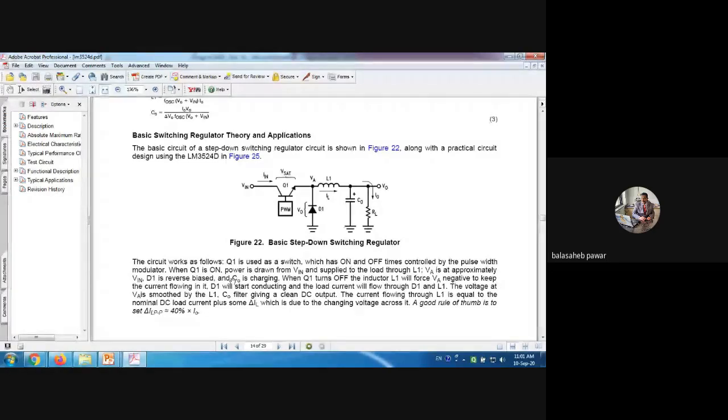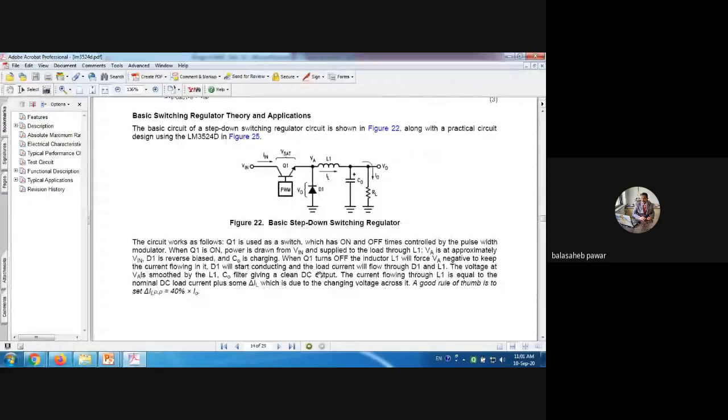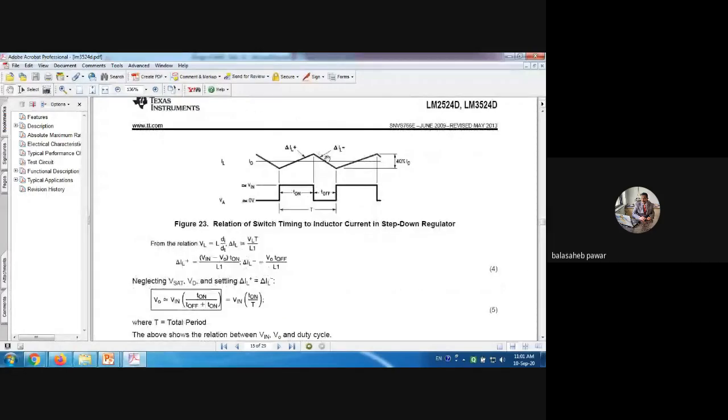You all are already familiar with this. Okay. Then how the inductor current varies, delta I, this is nothing but ripple. Remember, peak to peak. See, 40% of IO ripple is considered. This is the average output current, and 40% ripple is accepted in the design. Okay. According to T on and T off. See, during T off, that energy gets dissipated, that means the current goes down almost towards zero.